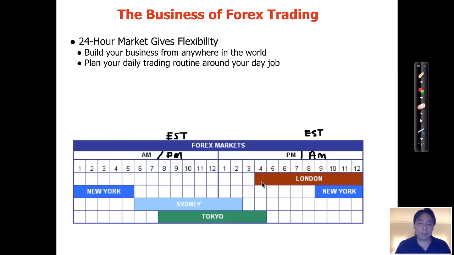At 4 p.m. Singapore time, which is again 4 a.m. Eastern Standard Time, the London market opens. So the euro, the pound, right? These start getting active in trading all the way to 12 midnight Singapore time, which is 12 p.m. Eastern Standard Time. And the US, New York to be exact, starts at, again, obviously 9 a.m. New York time, which is 9 p.m. Singapore time, all the way to 5 a.m. Singapore time. That's when the US market starts getting active, right? And the US dollar starts getting really active.